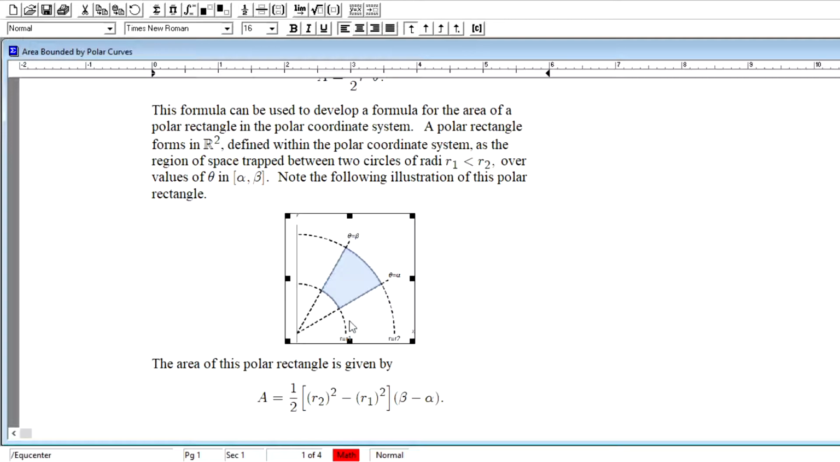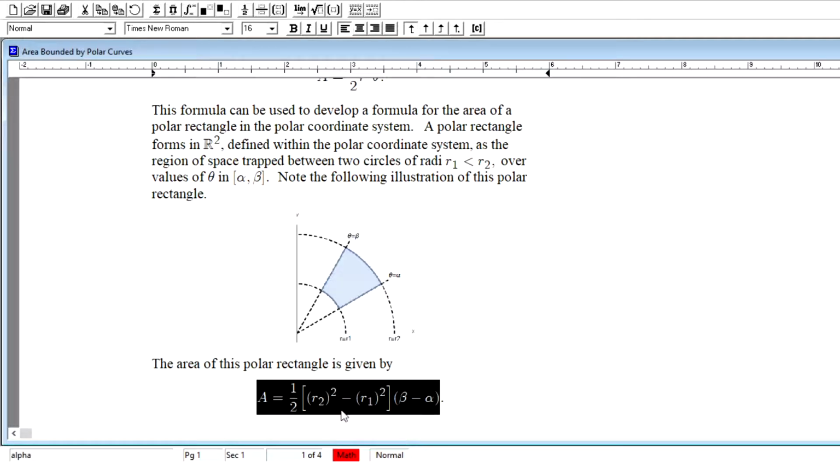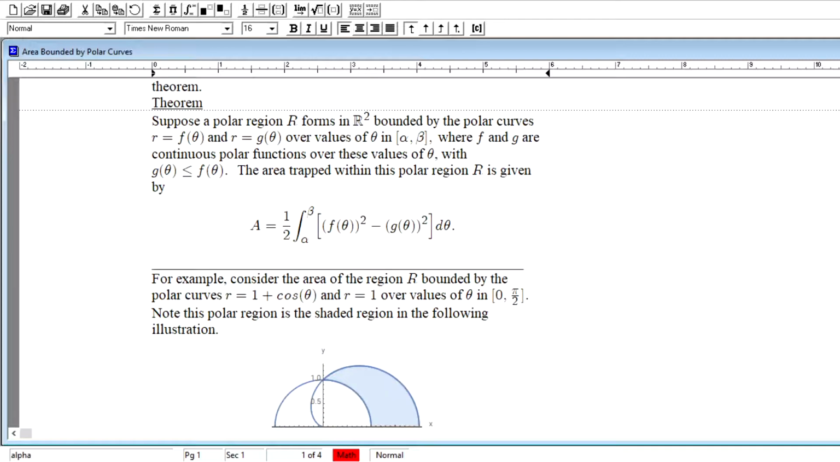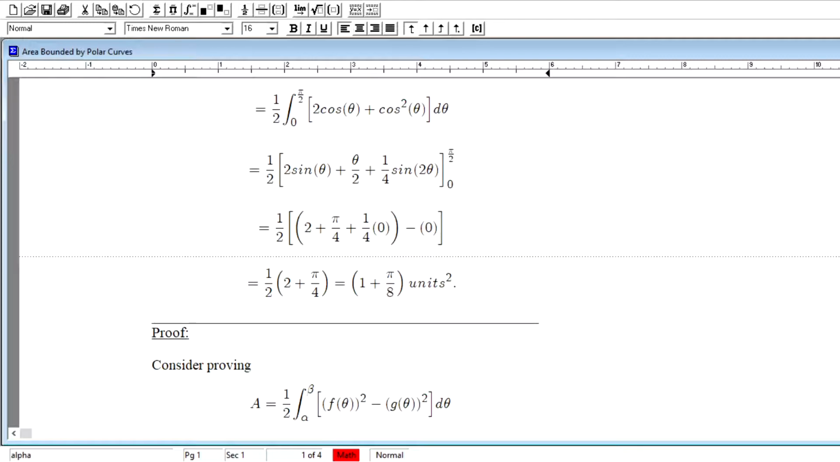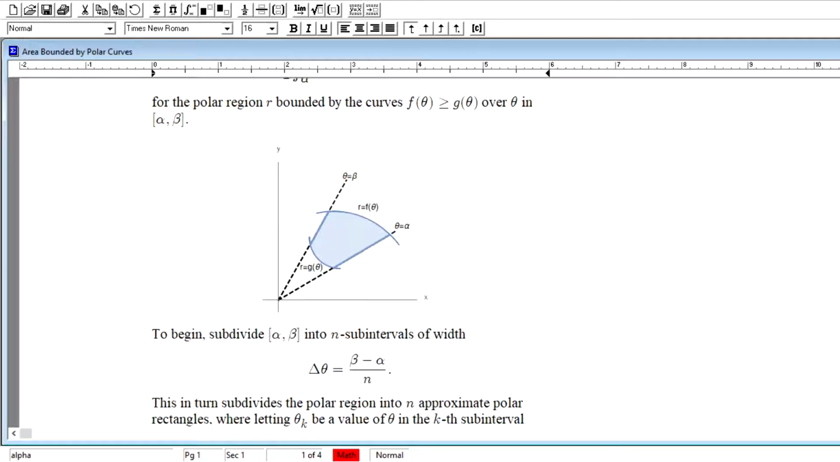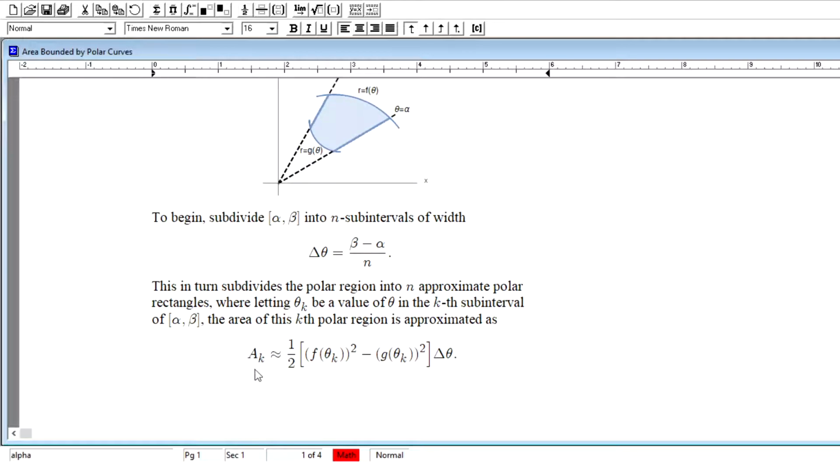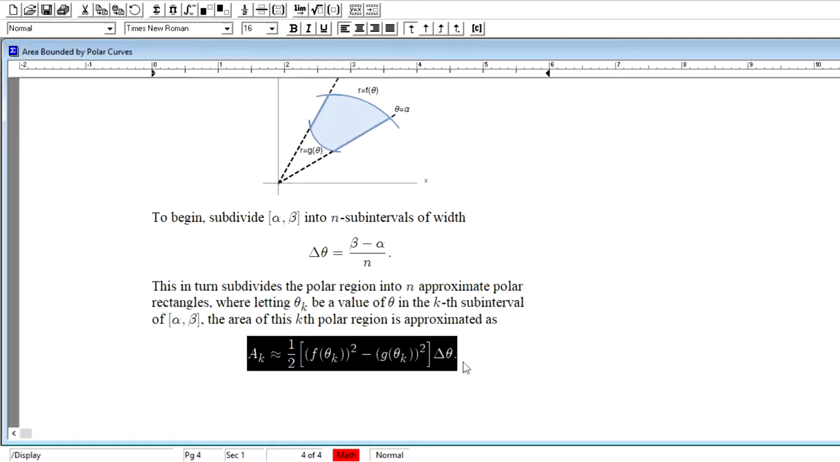This polar rectangle seen back here, how do we calculate the area of that polar rectangle? We rely on this formula down below here. We will see that develop in our proof. The area of just one of those little shapes is given by this calculation here, which is the area